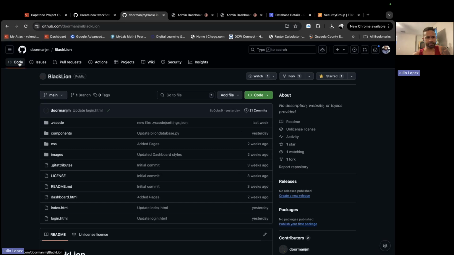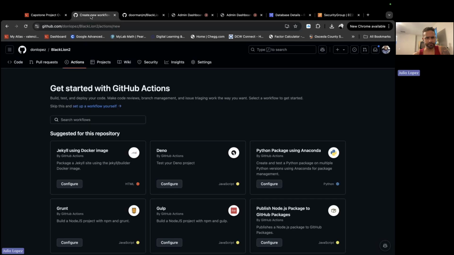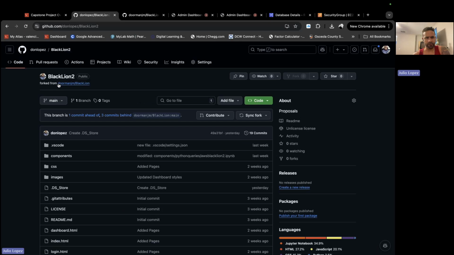Another task that I did was create a fork. You see right here, you have another branch which I created. You see it's forked from the main repository.